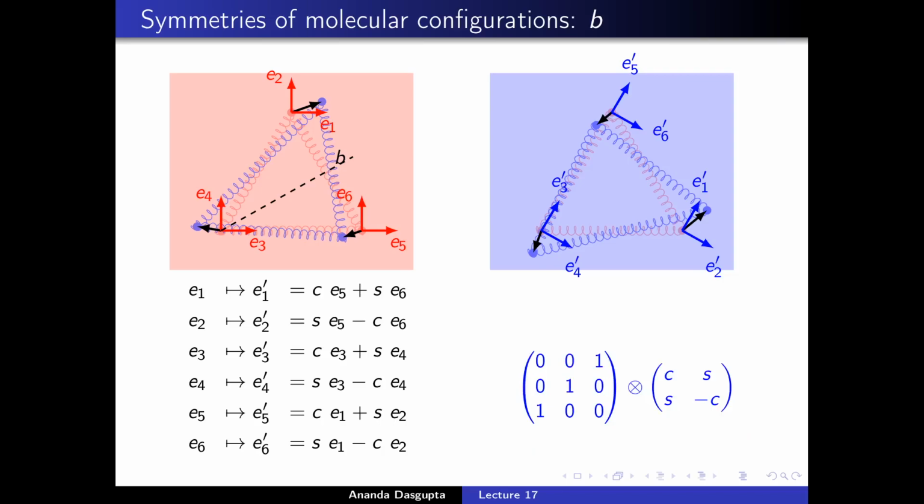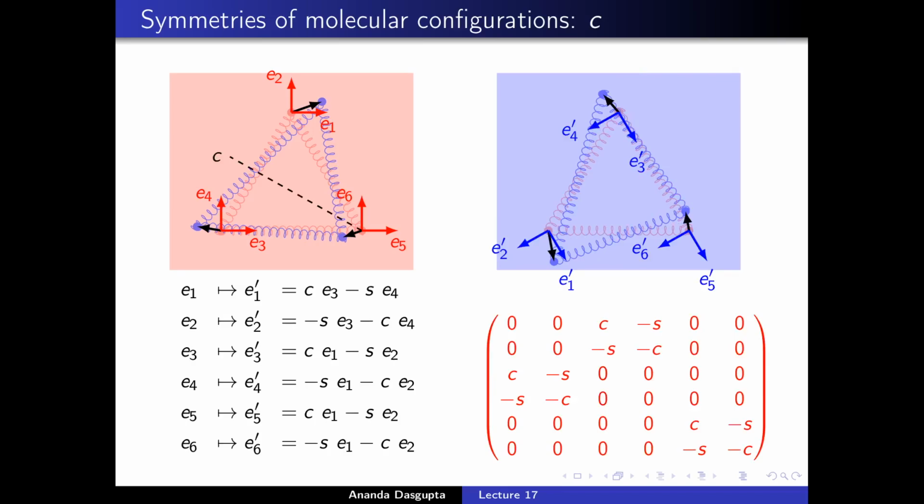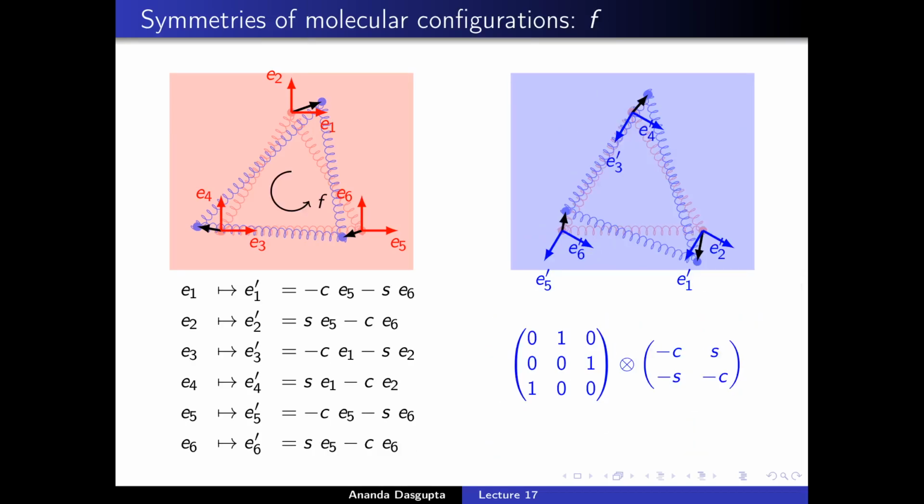So once again, this action is really the direct product of just what happens to the vertices with just what happens to the vectors. And this pattern repeats throughout. I will not go on and explain each and every step to you because you should be able to work out all these steps. Now that we have the 6-dimensional representation matrices, which tell you how the group acts on molecular vibration configurations,